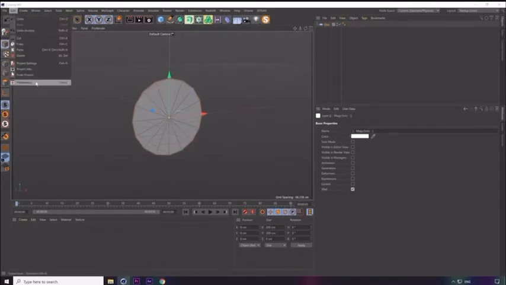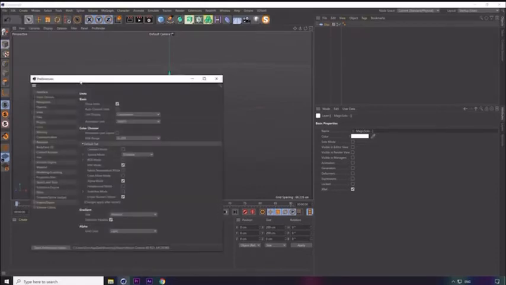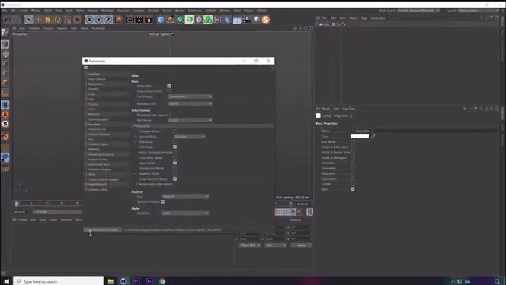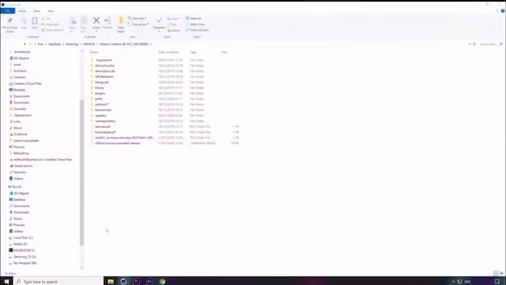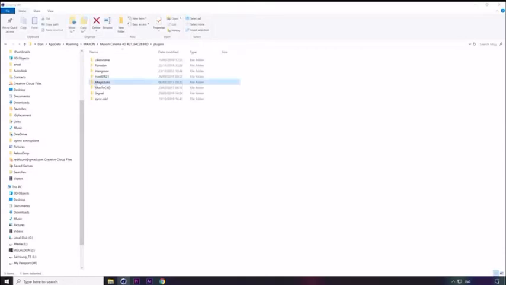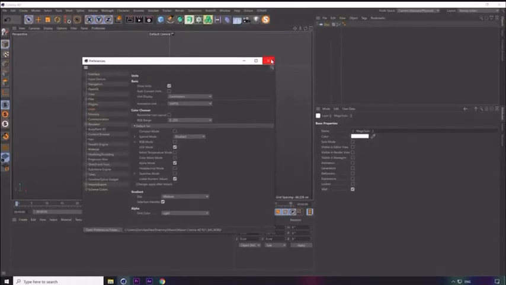Anyway, to install this, you would have to go to Preferences, so Edit and Preferences. In this window, you want to go down to the bottom left corner here and click Open the Preferences folder. And then you will see where Cinema 4D installs plugins. This folder right here, that's it right there, this Magic Solo plugin. It's a very small but very useful plugin. Once you unzip the folder to here, or place the folder here, you want to close this, restart Cinema 4D,